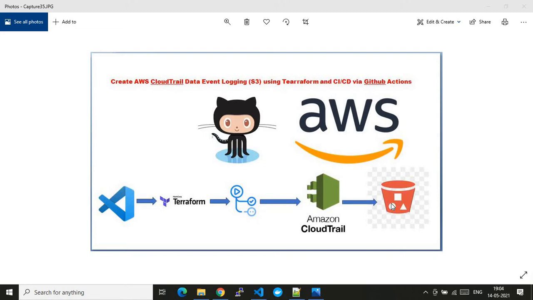Previously I created a video where all the CloudTrail logs are stored in an S3 bucket. But now let's say there is a scenario where we don't want all the CloudTrail logs, we want specified event logs. In this case, I'm targeting any event logs generated by S3 tasks, and how we can filter that. That's the main motive of this demo. So with that note, let me quickly walk you through the code.